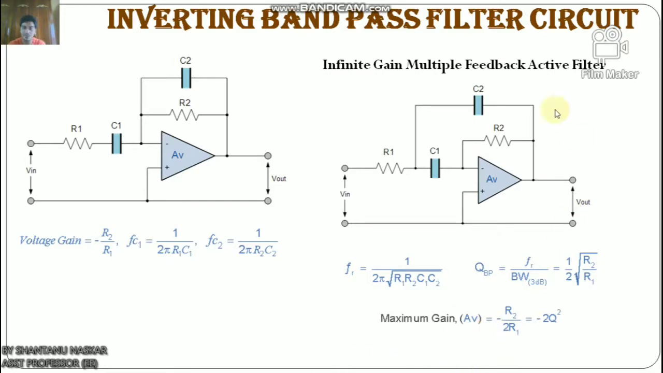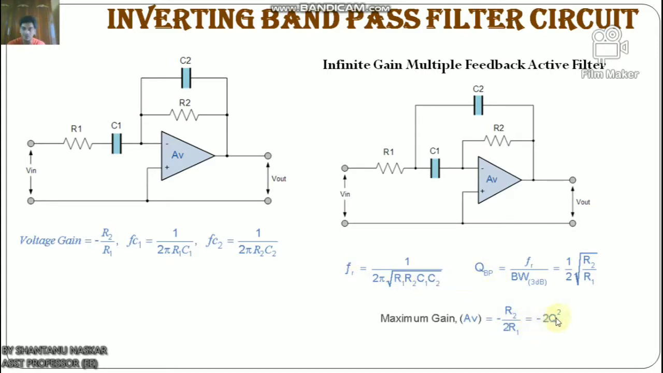So consider this circuit here, the infinite gain multiple feedback active filter. This active band pass filter circuit uses the full gain of the operational amplifier with multiple negative feedback applied via resistor R2 and capacitor C2. Then we can define the characteristics of the IGMF filter as here: FR equals 1 by 2 pi root over R1 R2 C1 C2, and Q factor equals FR by the bandwidth at 3 dB, which equals 1 by 2 root over R2 by R1, and maximum gain equals minus R2 by 2 R1, which equals